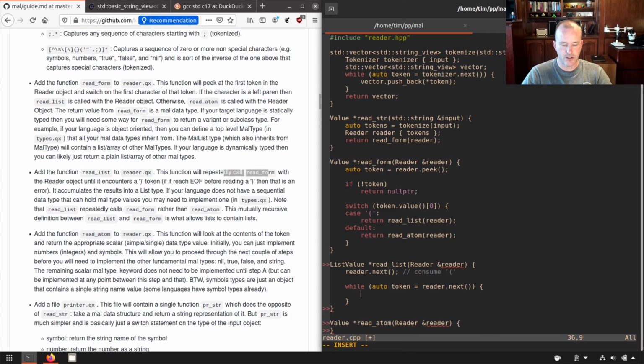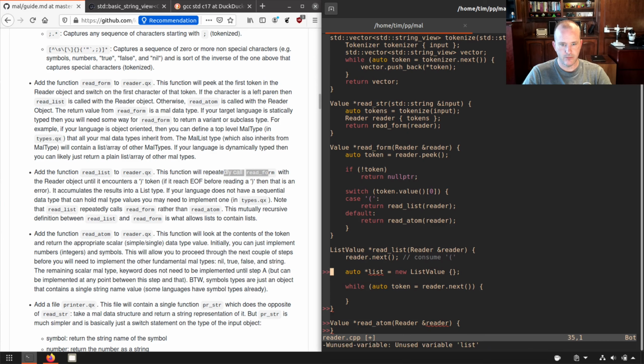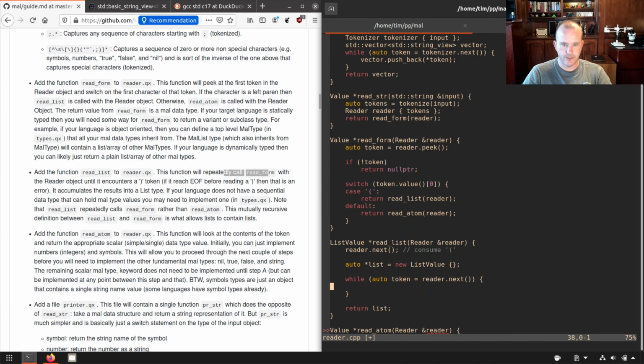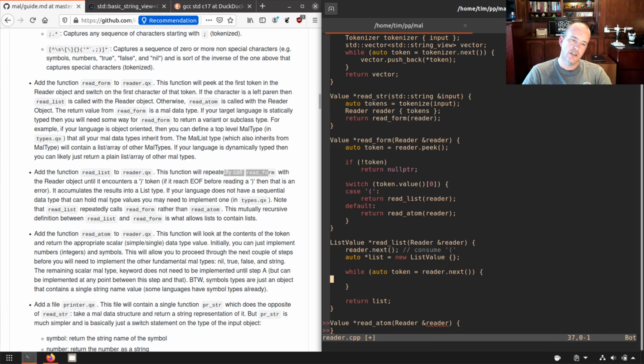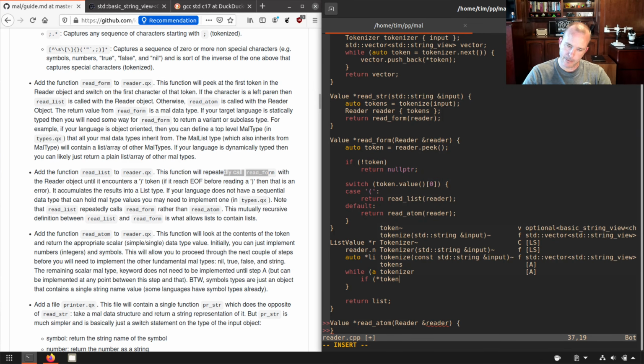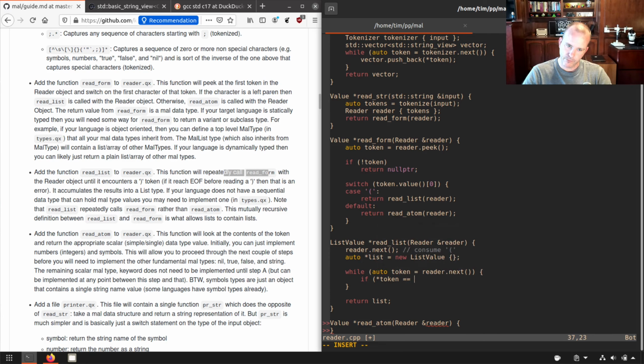So while there are tokens left in the stream, then I guess we need our new type, list value. Just say auto list equals new list value. Is that just unused? Yep. And we're going to return a list here. So while we have tokens, I'm going to say if token is the right paren, until it encounters the right parens. So if the token is that, then we're going to break. Otherwise, we're going to say list.push